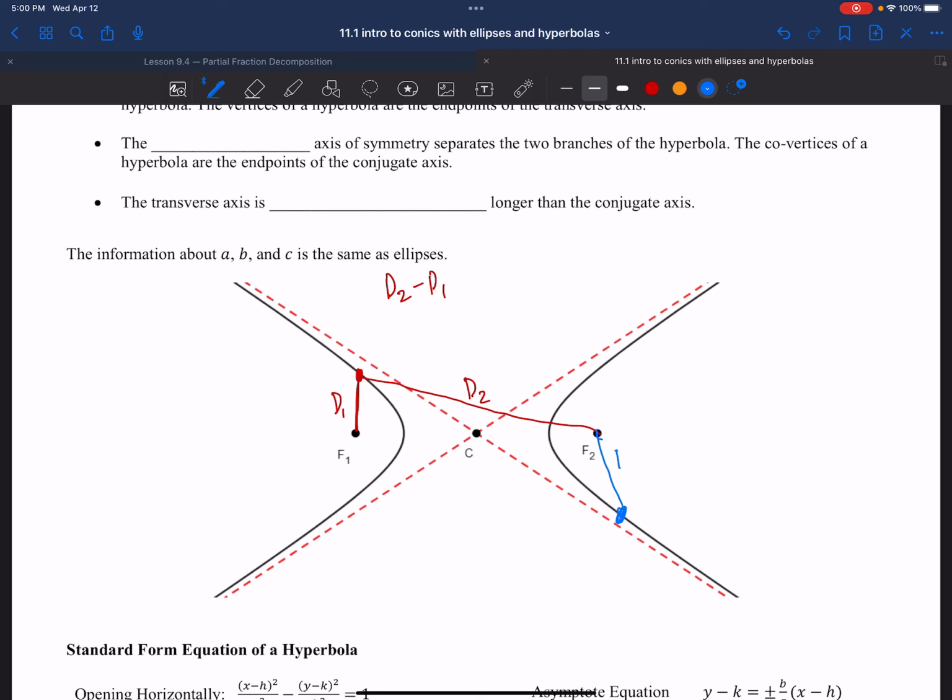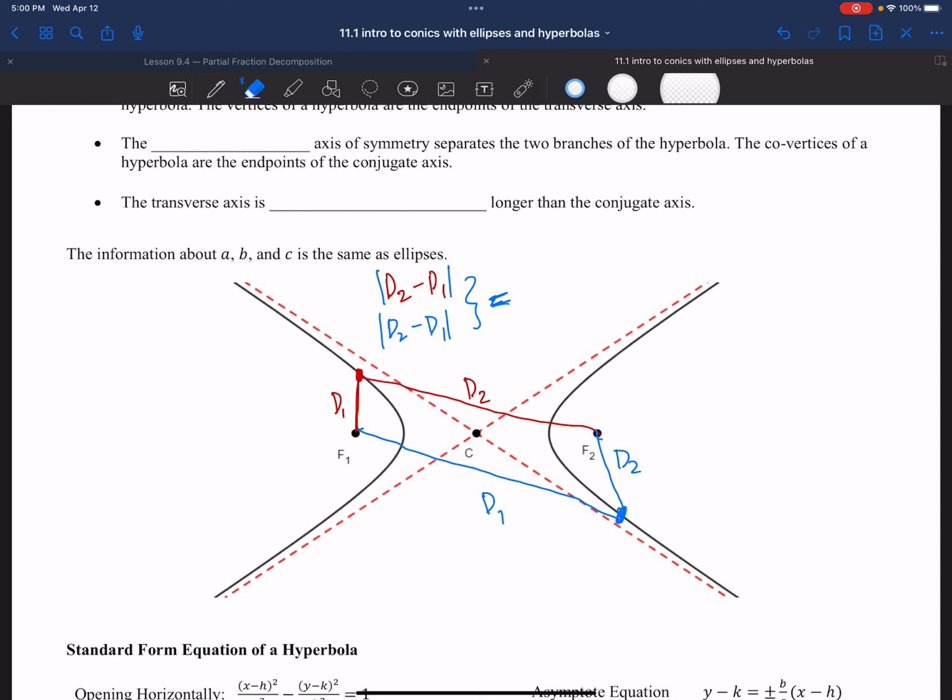Then this will be my d2, and this will be d1, right? And then I do this d2 minus d1. Well, this one is shorter, so that's going to end up being negative. So what we do is we actually end up taking the absolute value of these, because what we care about is the length, the magnitude of it, not so much whether it's positive or negative. And you will find that these two things are equal. No matter which points on the hyperbola, they are generated from this fact of keeping